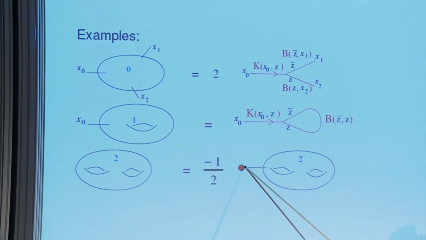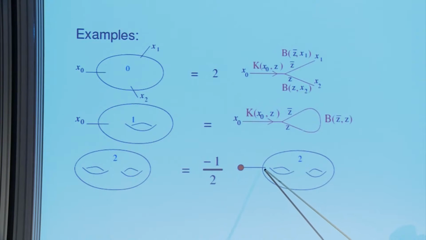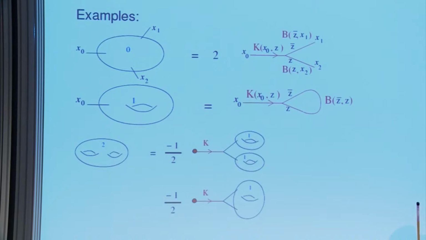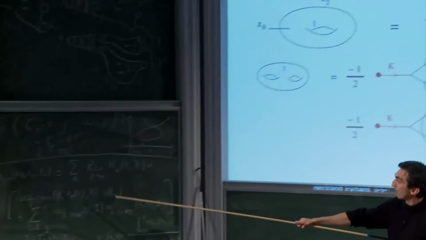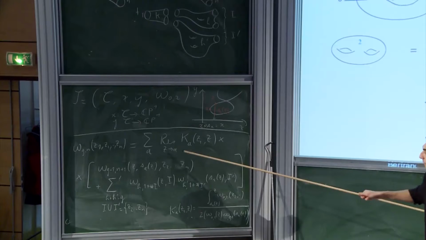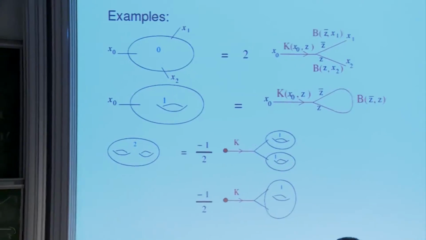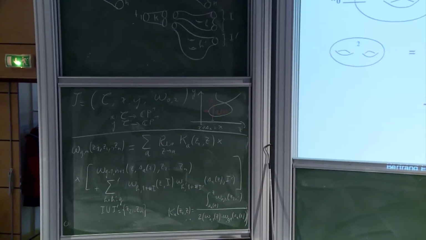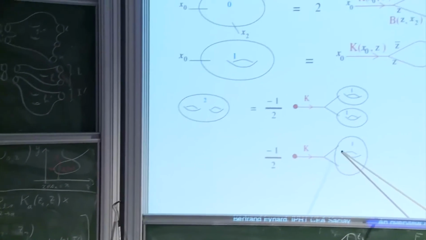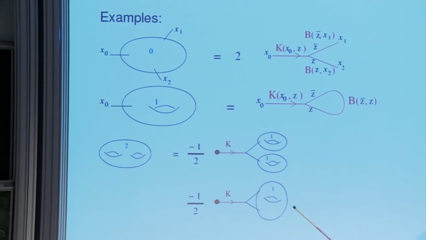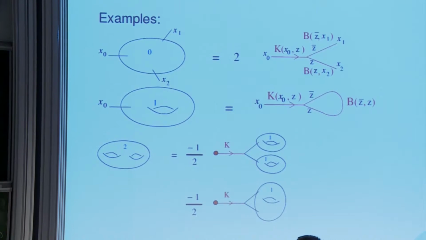Multiply by phi, so this red dot means phi. And this is omega 2,1, so genus 2, 1 puncture. But for this omega 2,1, apply the recursion: omega 2,1 was a sum of two terms. It was a k times some omega, and some omega in that sum here, omega 1,1 and omega 1,1. Another term was omega 1,2. This is just what you obtain by this.